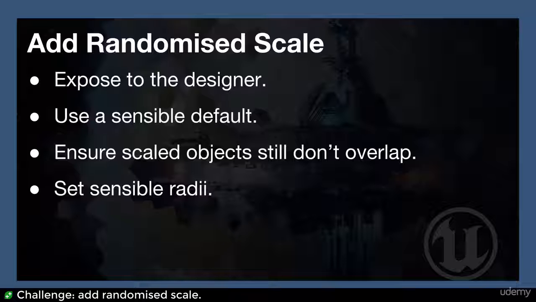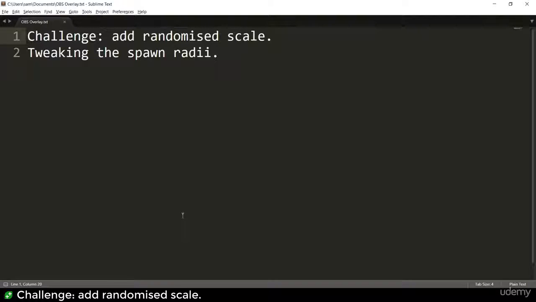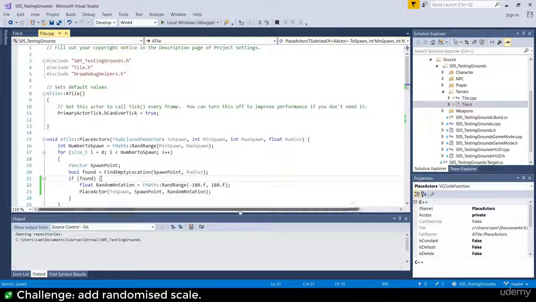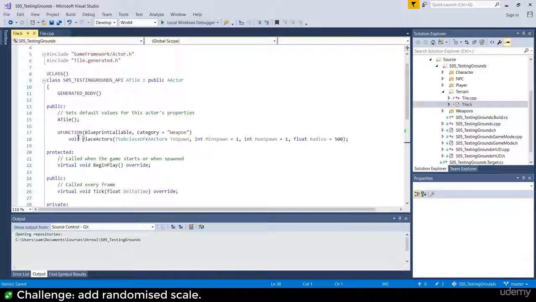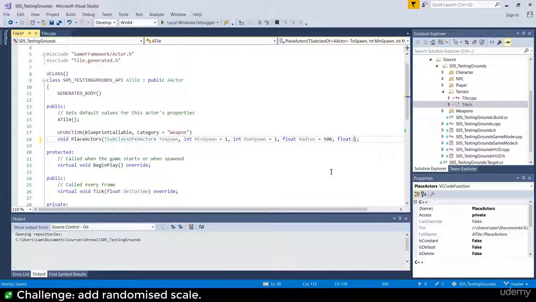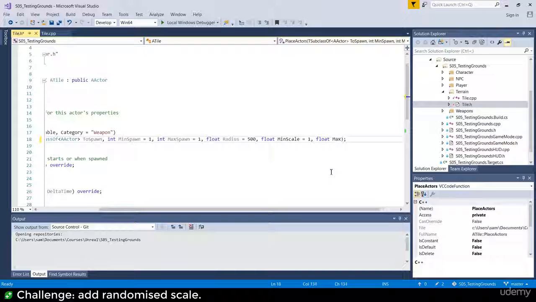Welcome back from challenge time. We are going to hit up this challenge ourselves. So where do we start? Well, I've said that we want to expose to the designer the minimum and maximum scales, or I didn't say in such words, but that's essentially what I meant. So with place actors, where the designer basically is fiddling with the blueprint, we want to give it a minimum and maximum scale. That is going to be a float, MinScale, and as I said, sensible defaults, I'm going to give it a sensible default of 1, and float, again, MaxScale, and again, sensible default is going to be 1 because